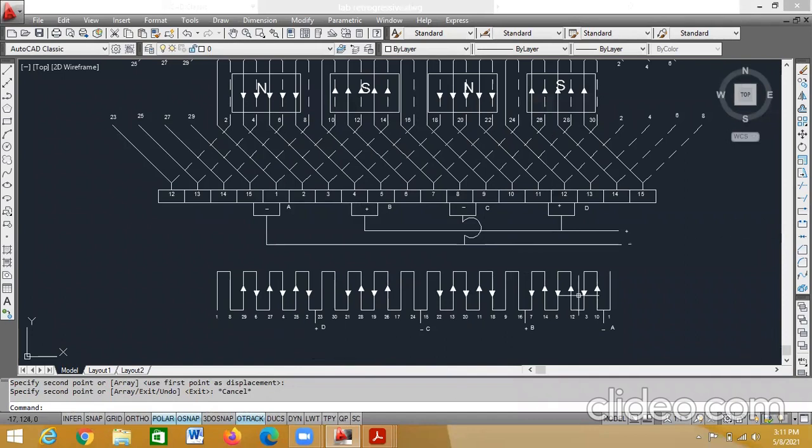We have placed the brushes. Now what you have to do is alternate up and down. You have to place alternate up and down, except for the brushes.